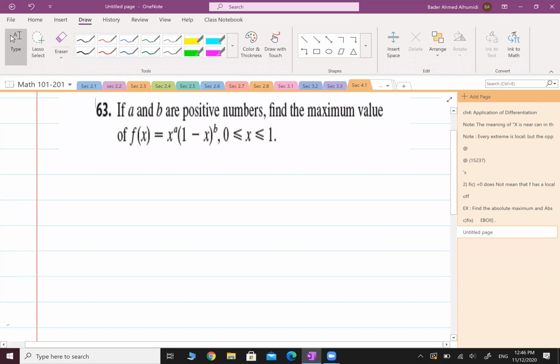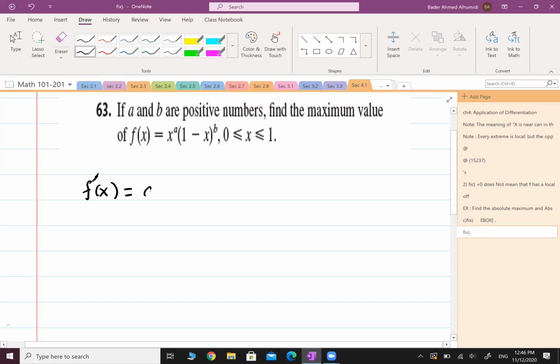Anyway, let us solve it and I will show you how the answer will be the magic number you sent me, Ayman. Let A and B be positive numbers. Find the maximum value of this. To find the maximum value of this, what I will do here is find the derivative, f prime of x. This is equal to